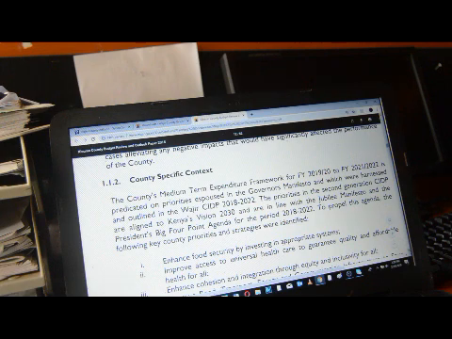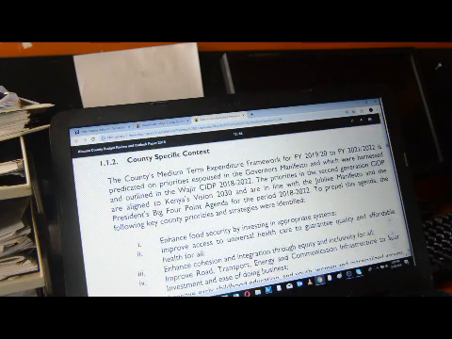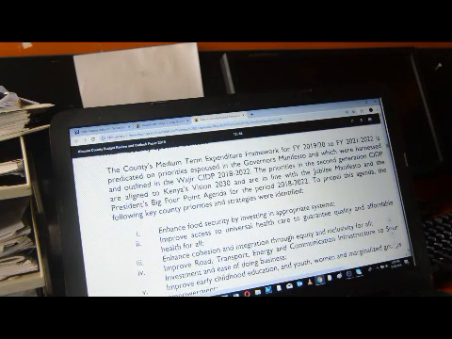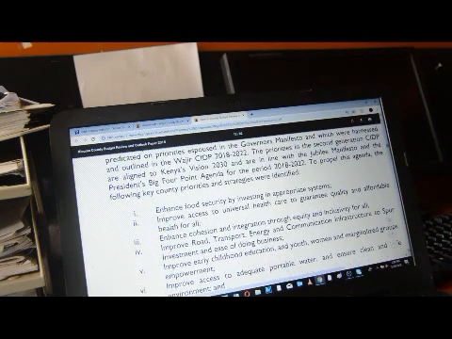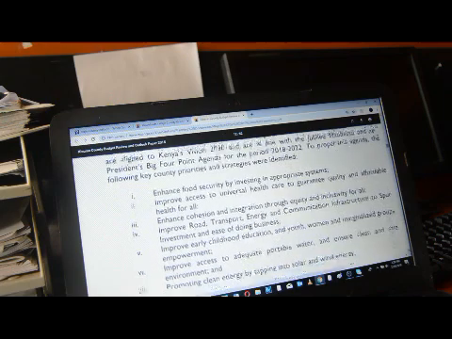The county's medium-term expenditure framework for 2019-2021 is predicated on priorities espoused in the governor's manifesto. So it is based on what the governor wants through his manifesto. That is basically what we are going to look at. And the manifesto was incorporated in the Wajir County CIDP 2018-2022, and the priorities of the governor of Wajir are